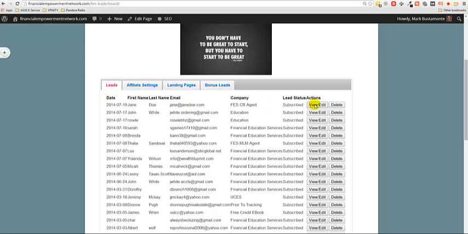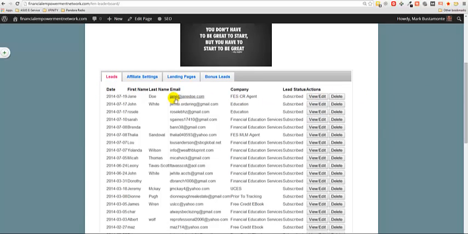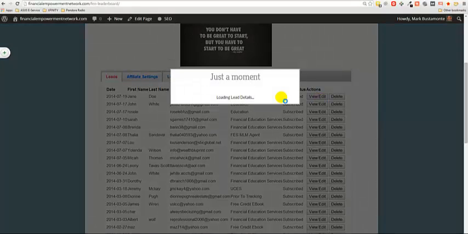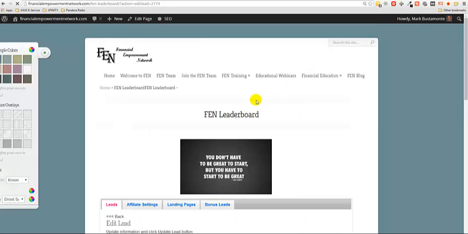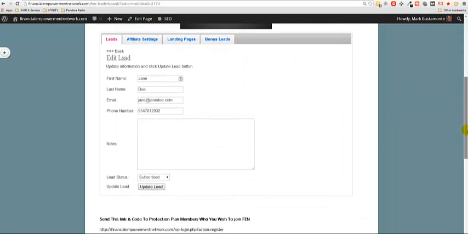Now, from here in the leads area, I can do a couple different things. Right now I don't see the phone number on here, but if I go to View Edit, it'll bring up all of the information on that lead. So this is a full-blown lead capture management system, okay? The only thing that it does not do yet is autoresponders. You cannot connect it to an autoresponder. So I can come in here, I got the first name, last name, email address, and here's the phone number, and I can make notes in here, call them up, talk to them,